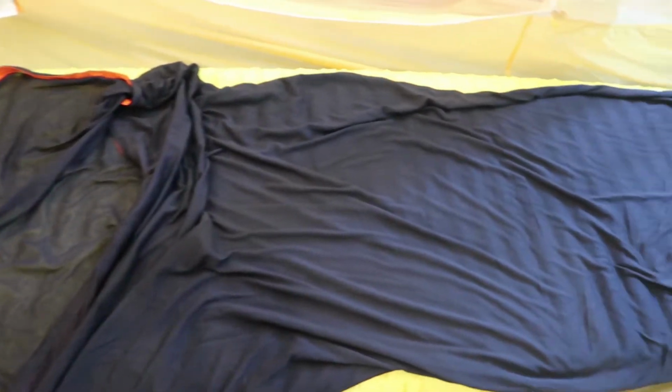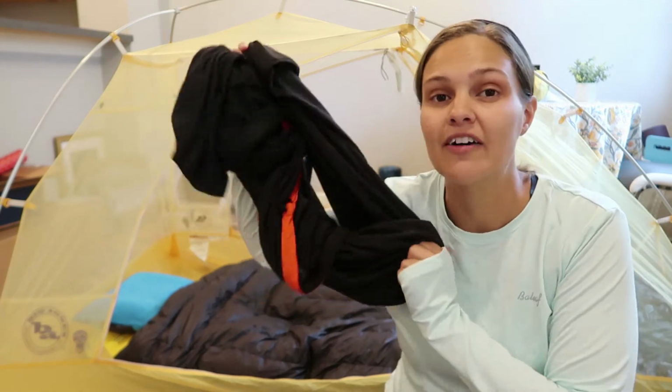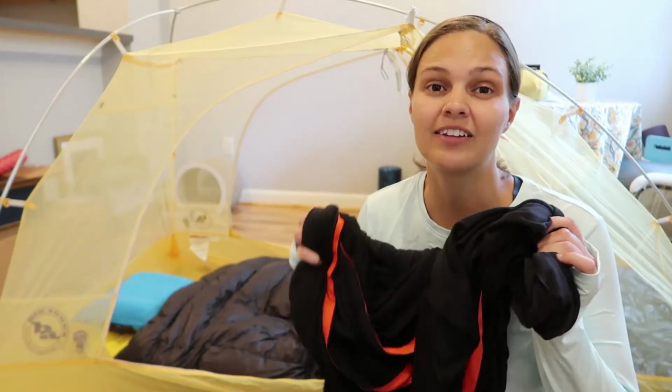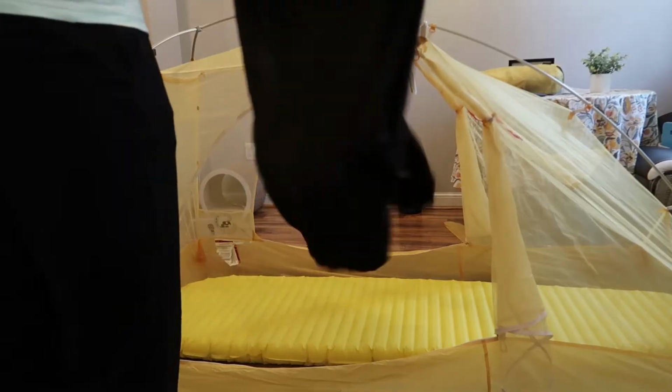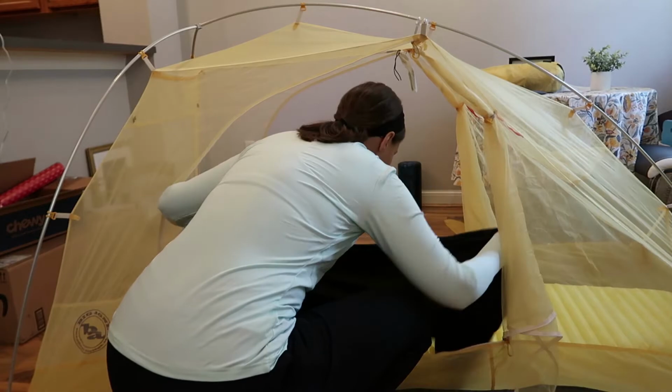Its exact measurements are 83 inches long and 35 inches wide. Like I said, I am 5'11", so that will cover all of me, which is lovely. The cost of this sleeping bag liner is $63. And the benefit of having this, and the reason why I bought this, is it adds about 14 degrees worth